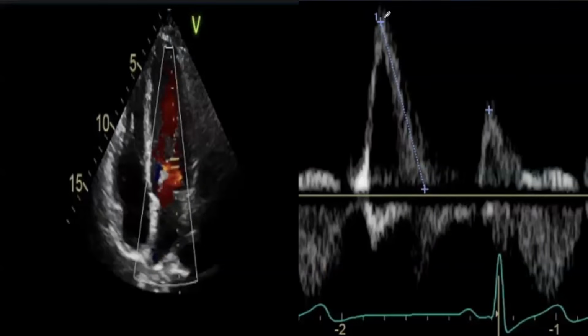What do we get? We get the E velocity, the A velocity, we get the deceleration time. We can also sometimes get the acceleration time. We can get E over A, E over E prime, many things we can get. This tells you about the importance of this